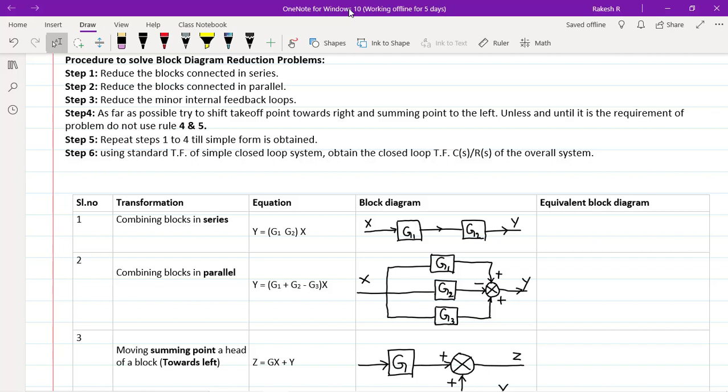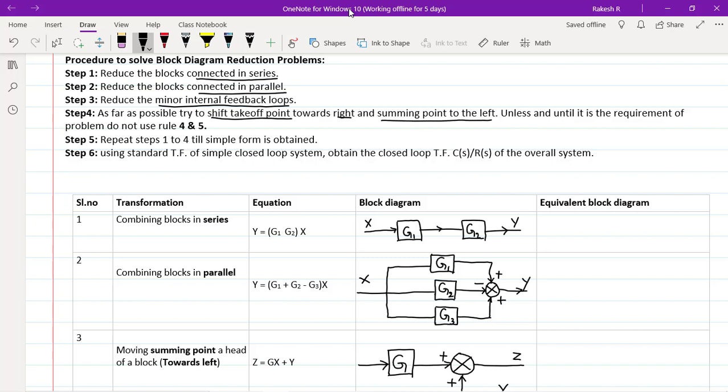Now we shall see what is the procedure to solve a block diagram reduction problem. The first one is to reduce the blocks which are connected in series. Then the second step is to reduce the blocks which are connected in parallel. Then reduce a minor internal feedback loop. Then the fourth step is to, as far as possible, try to shift the takeoff point towards right and summing point